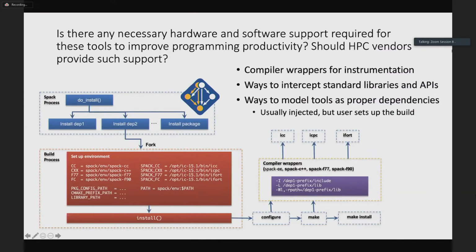And so if you want to be able to instrument a code like this, the thing needs to build in some framework, and you need a common interface for inserting that instrumentation in the code. Just in Spack, we have compiler wrappers that it uses to insert some fairly trivial things. It sets search paths and it sets RPATHs for the things that it's building, so that when you try to run it, it runs with all the libraries that you built it with. I think tools could benefit from that kind of thing too. You could basically have a standard interface where our wrappers are used to inject further tools into the build, and basically we provide a standard interface for that.